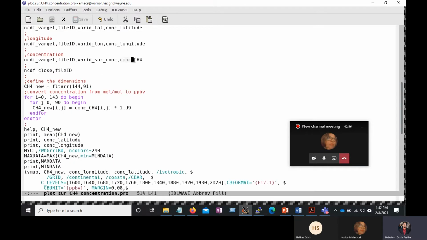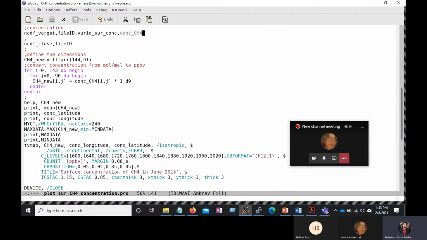So that's our final variable right now. If we want to plot it in mole per mole,